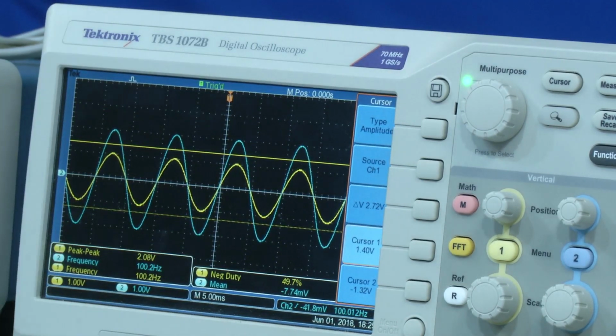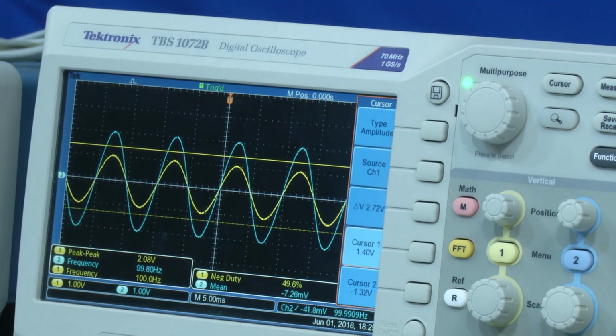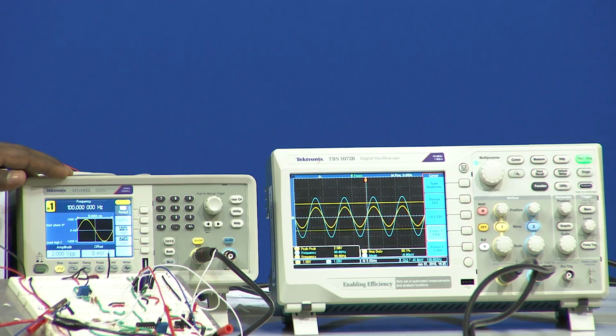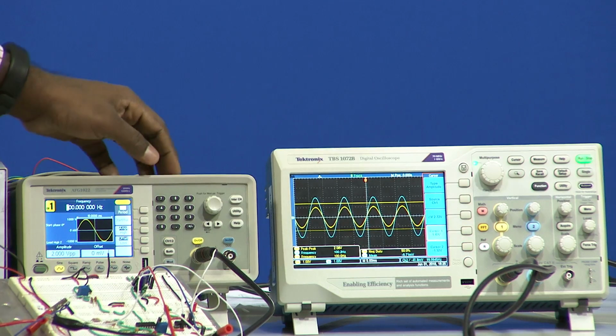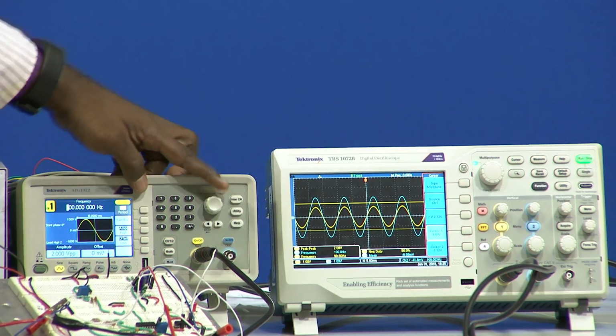I will slowly decrease. Right now, the frequency is at 100 hertz. I will slowly decrease in units of 20 hertz till we are at 20 hertz. After that, we will decrease to 10 hertz, then from 10 hertz slowly one by one will increase, to see at what frequency the input voltage is lower than that cutoff point that we set. So, I will set it to 80 right now.